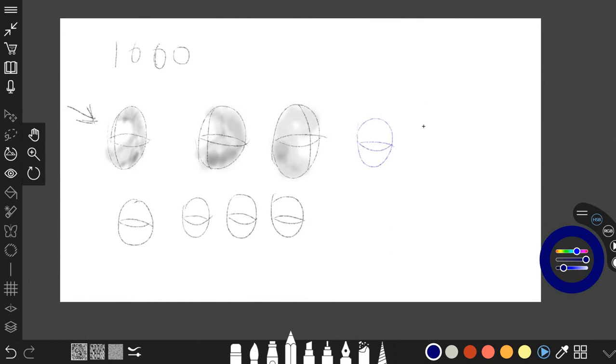Then another oval, and then C curves, oval again, just to practice your hands in doing the sphere, and then another oval and C curve, oval and C curve,